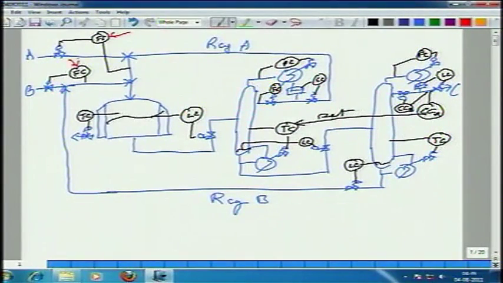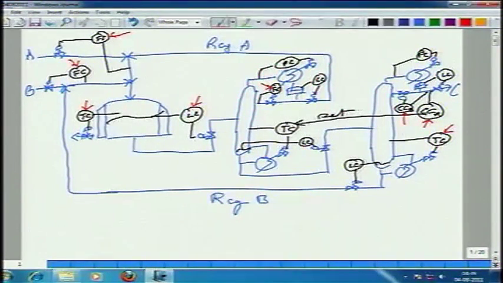1, 2, 3, 4, 5, 6. He is not setting the temperature here in the first column, that is being set by the composition controller. He is setting the amount of impurity in the product, amount of A impurity in the product. Does that make sense or no?